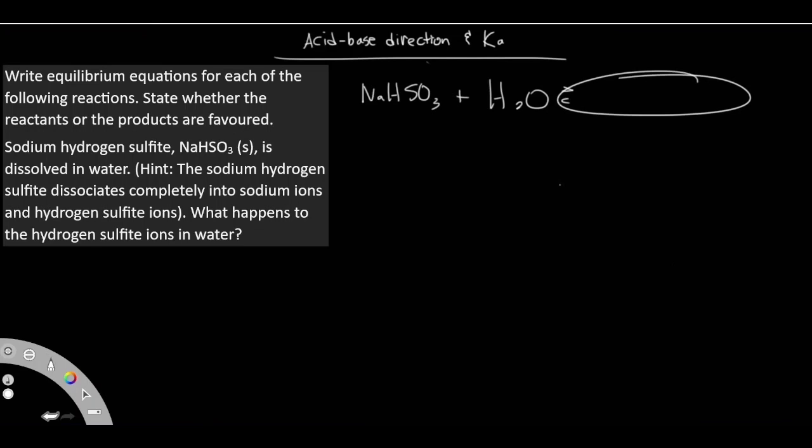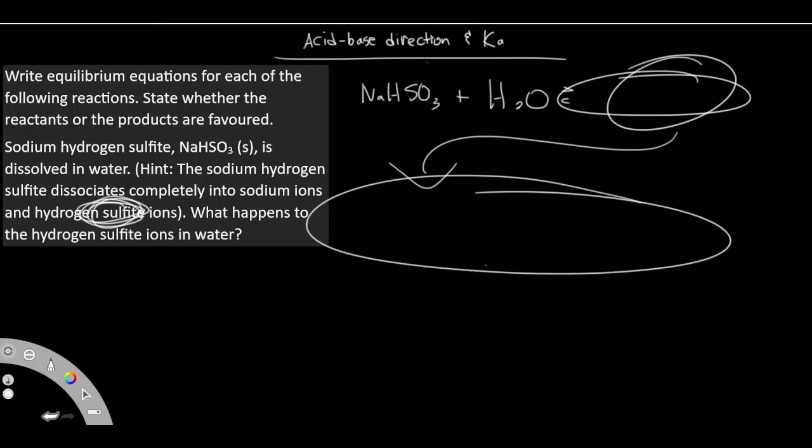We don't actually need to continue, because what does it say immediately after? The sodium hydrogen sulfite, that's this one over here, dissociates completely into the sodium ions and hydrogen sulfite ions. Okay, so does that mean that this one and this one over here are sodium and hydrogen sulfite ions? Should we start adding them in our product? Well, we don't actually need to, because what does it say? What happens to this hydrogen sulfite ion in water? Okay, so whatever happened to this hydrogen sulfite ion, instead of adding it here, we should create another reaction